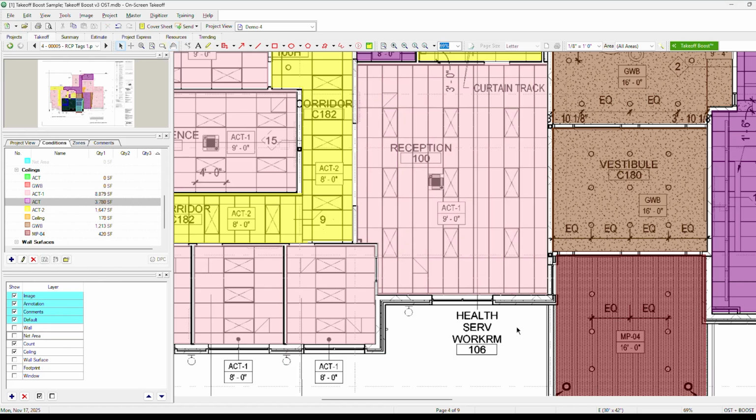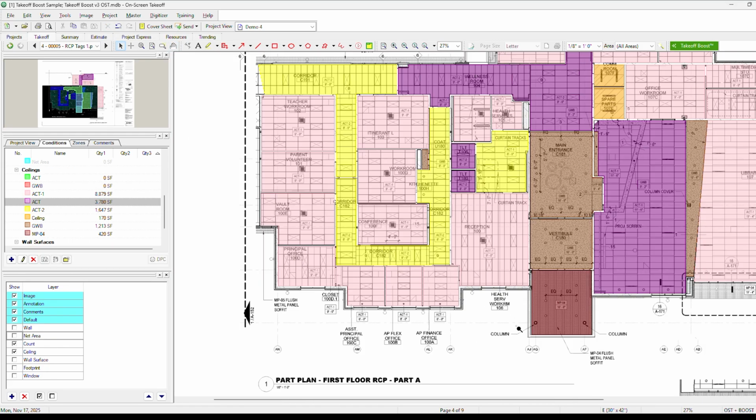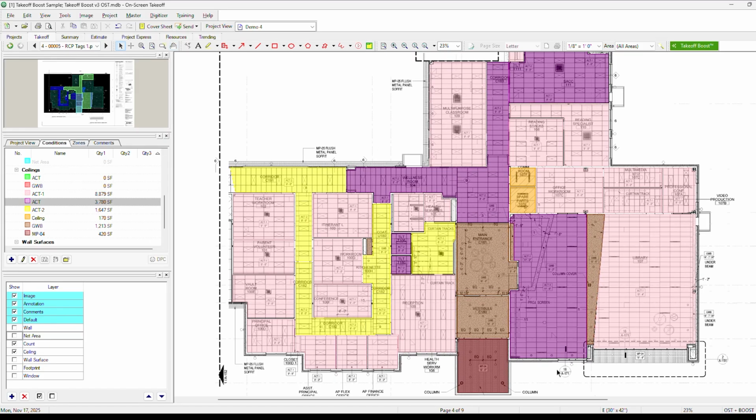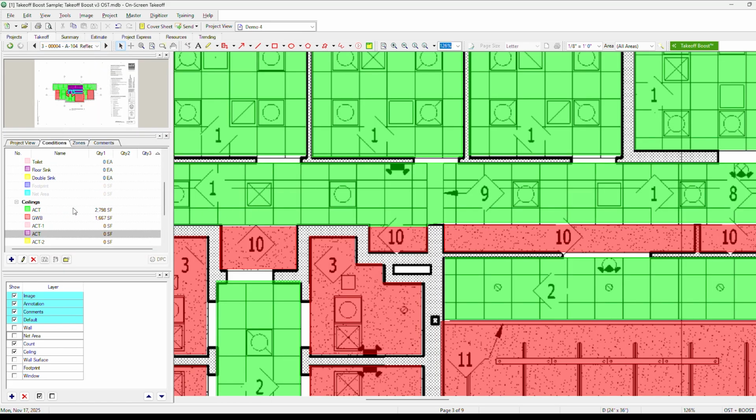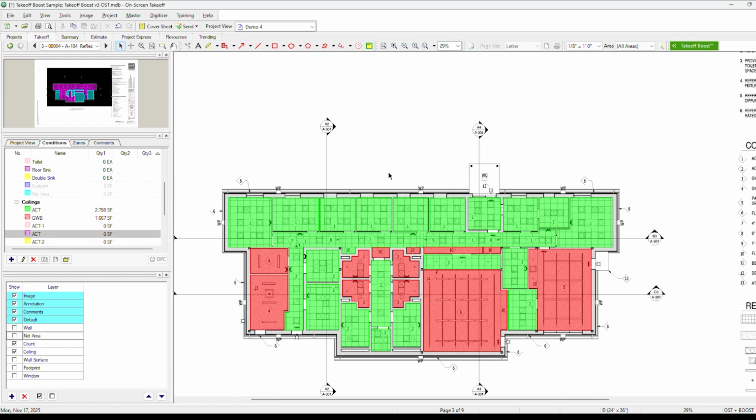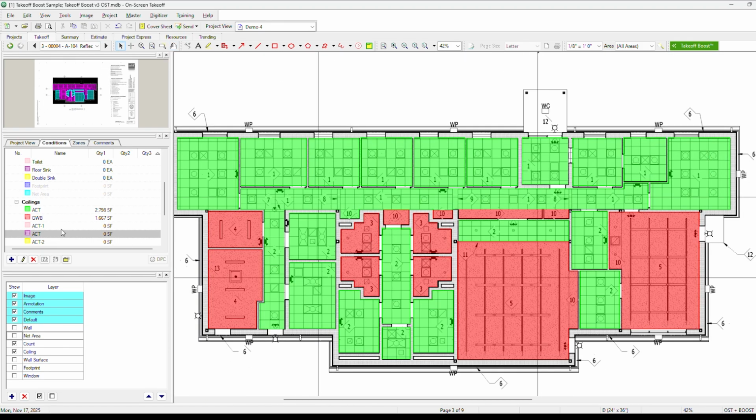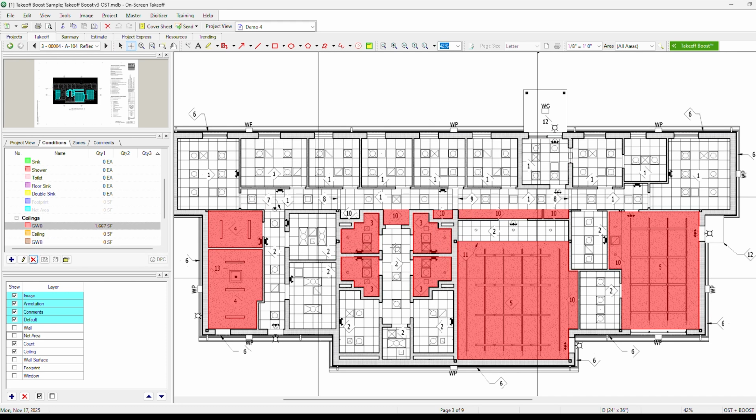So now you just need to go in and make some edits instead of drawing all these yourselves, and saves you a lot of time as a painter. Last thing that I'll mention here is, of course, as a painter, you're probably not working with acoustical ceiling tile very much. So it's really easy to just get rid of those results where you don't want them. So if we go back over to this plan, I will select my ACT conditions, and we'll just delete those. You can see now I only have the gypsum board in those conditions that I actually want to work with there. That's how Boost works for you.